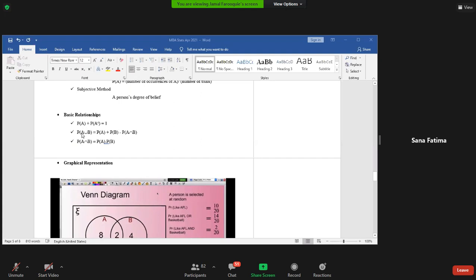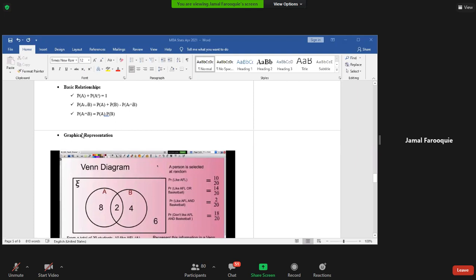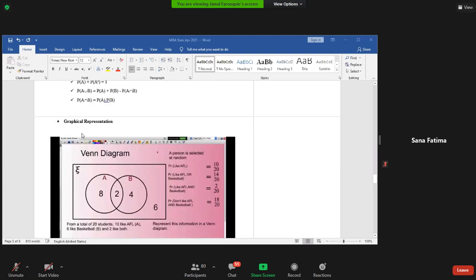Okay, sir. So can this also be applicable if two coins are tossed? It depends on how you interpret it and how the problem is given, because this is basically for one experiment. If there is a sequence of experiments or trials, the situation may be different. So basically these equations are for a single trial or one single experiment. So this was the basic relationship that we'll be using throughout the numerical examples.